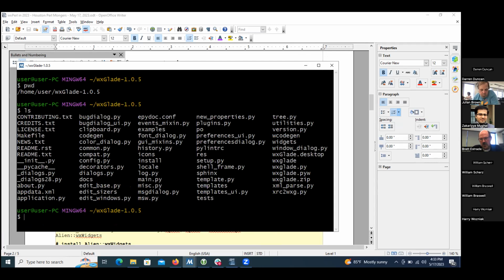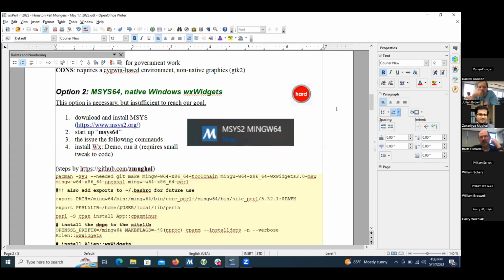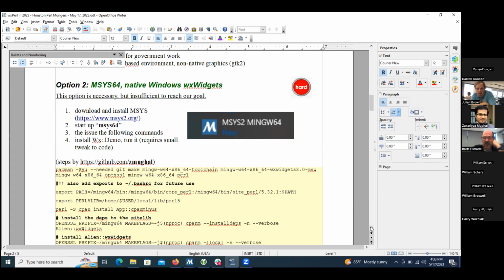And so if anybody uses Cygwin for something and you've not heard of MSYS, I would definitely check it out. So I guess that's my plug for MSYS. Here it is, MinGW64. Yeah. So anyway, I'm still kind of confused on how those two go together, but all I know is that